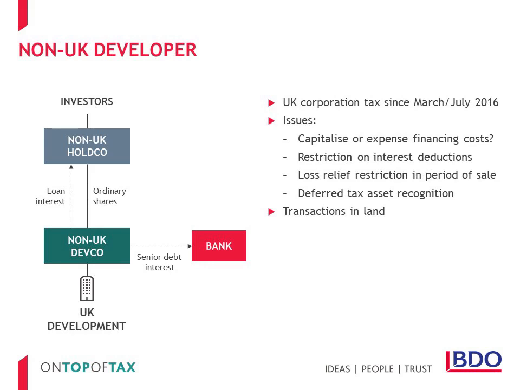Turning to developers, take a non-UK company that's developing a UK site. In the past, the non-UK company may have claimed treaty exemption from UK tax. We know that the revenue never liked or accepted this, but for many years struggled to do anything against it. But from 2016, all profits from trading and developing UK land are within the charge to UK corporation tax. And this has meant that from 2017, developers are also within the scope of the anti-hybrids rules and corporate interest